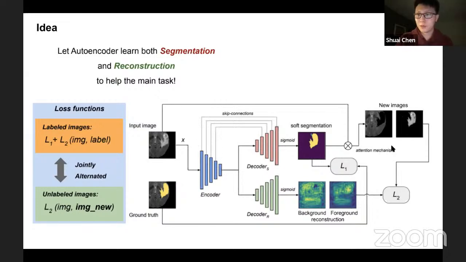So first, I want to answer this one. This is the background and foreground, and they are the ground truths, depending on whether it's labeled or unlabeled images. If we input labeled images, we can just use the ground truths to generate the new images. And if we have unlabeled images, we can generate the images based on the pseudo labels, that's the soft segmentation from the unlabeled images.